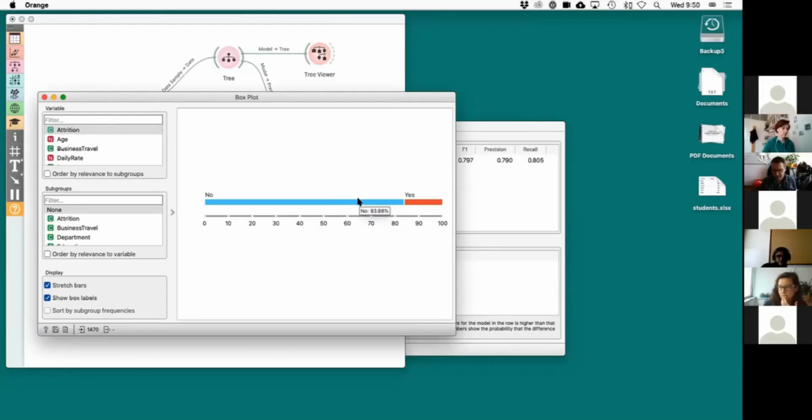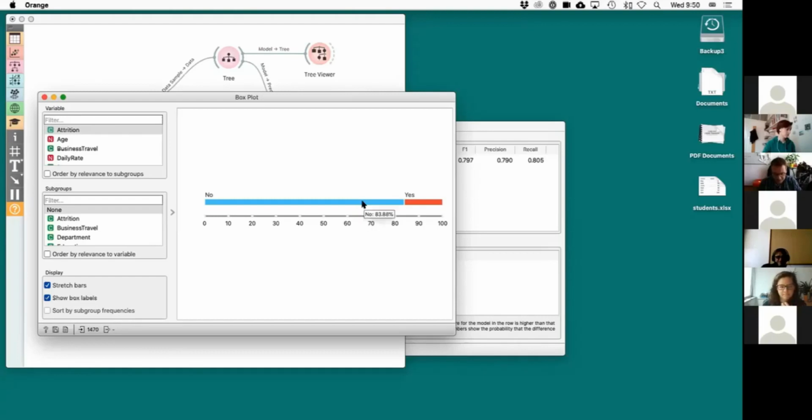It's 83%, because I get all the no's correctly. The other thing is that my sensitivity to the yeses is 0. So I would fail on yeses, but who cares? Because my classification accuracy would be 83%.